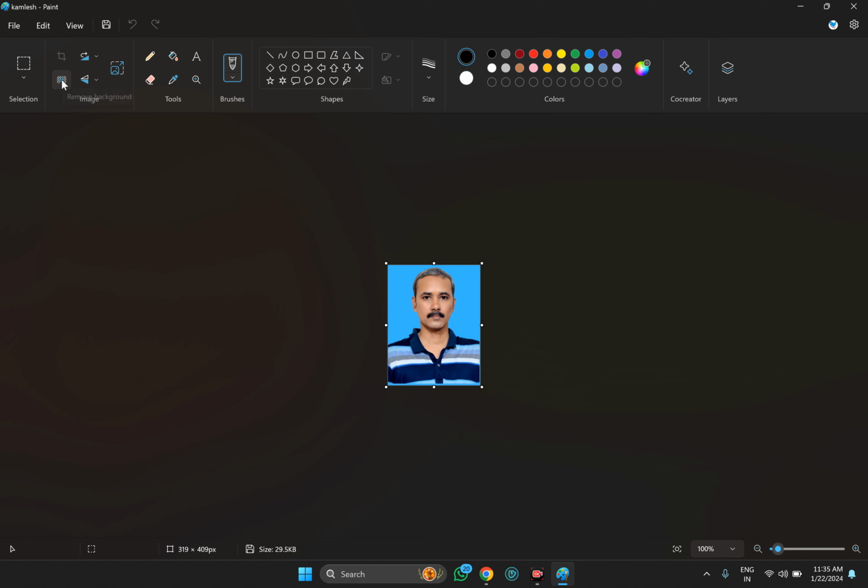Here you will see the Remove background button. Click on this. This will automatically remove the background from your photos. In case it does not work or it is not perfect according to your needs,